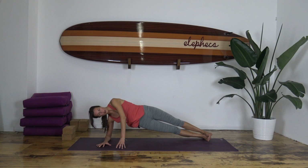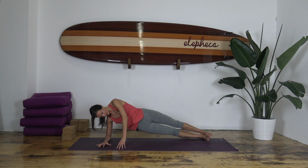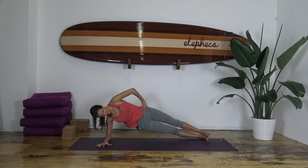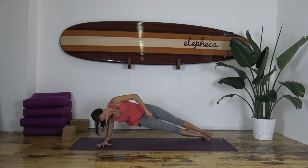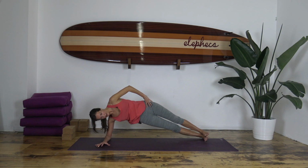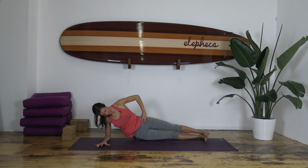You can stay here. If you want to come deeper with me here, you're going to take that right hip all the way down and then push and lift back up. So really lift that right calf so it's not sickling and just hanging out. Strong ankles. Okay. So for 10,